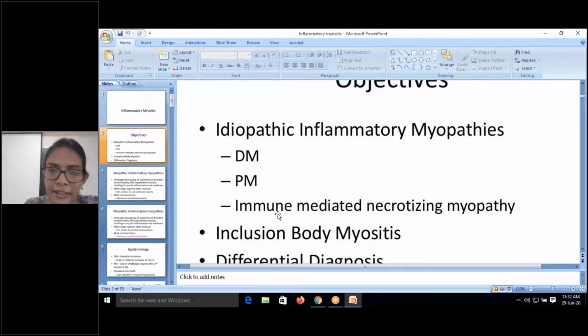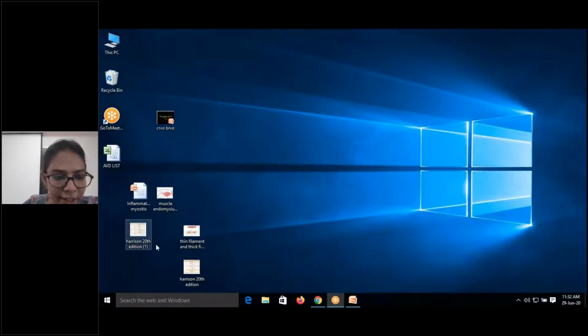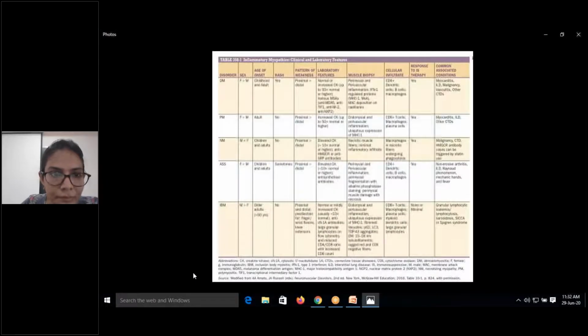Now, today's class we are going to see about inflammatory myopathies, as I already told you. Now the myopathies are classified under different types. The usual common ones which we see are dermatomyositis, polymyositis, inclusion body myositis, and immune-mediated necrotizing myopathy. These are the usual ones which we see. And initially, I just want to give you differences between them so that you can remember, or highlight yourself which one is important for you to consider.